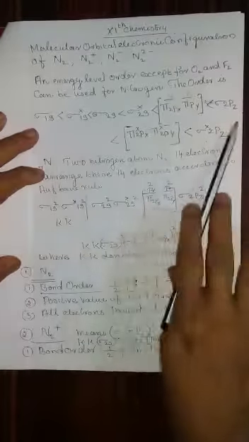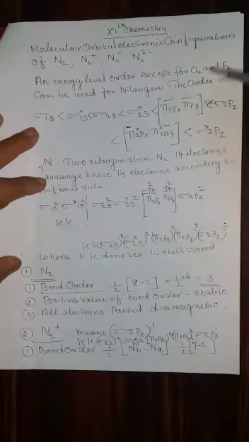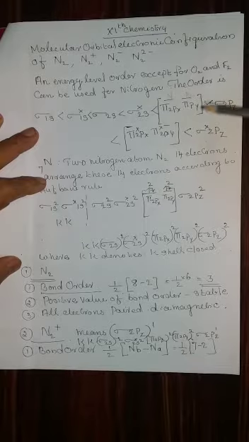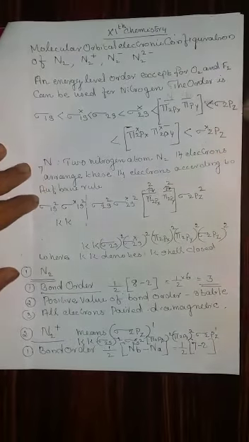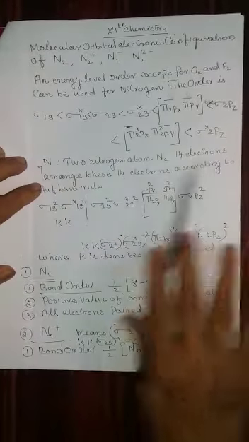This order is more than enough to answer this type of question. And in the textbook, the diagrams are given so that you can understand which orbitals have higher energy and which have lower energy. That's all that is needed for the diagrammatic representation. Then nitrogen. In order to do this, let us see what the steps to be followed are.